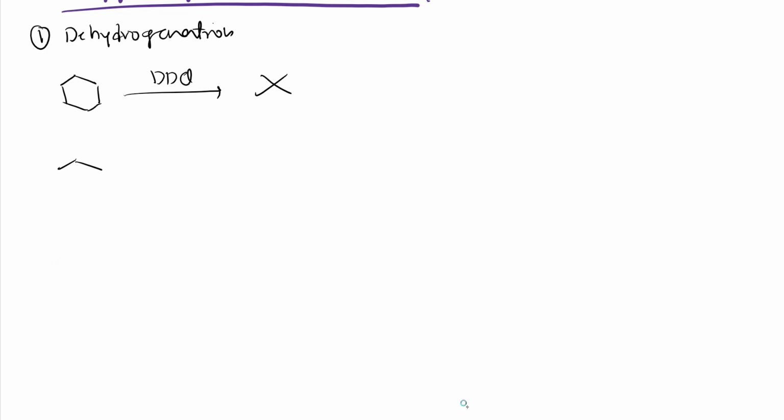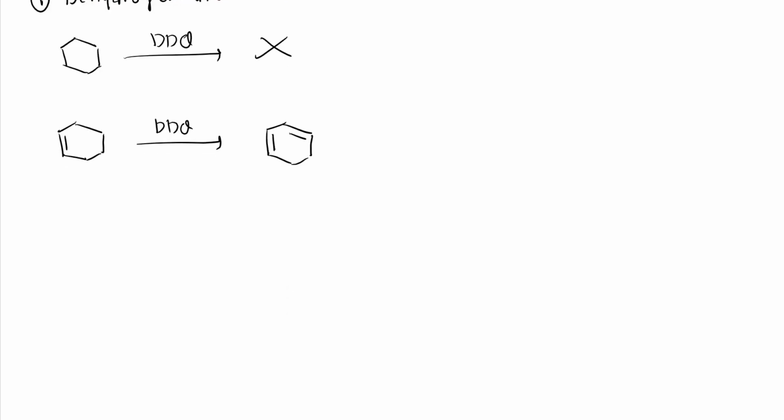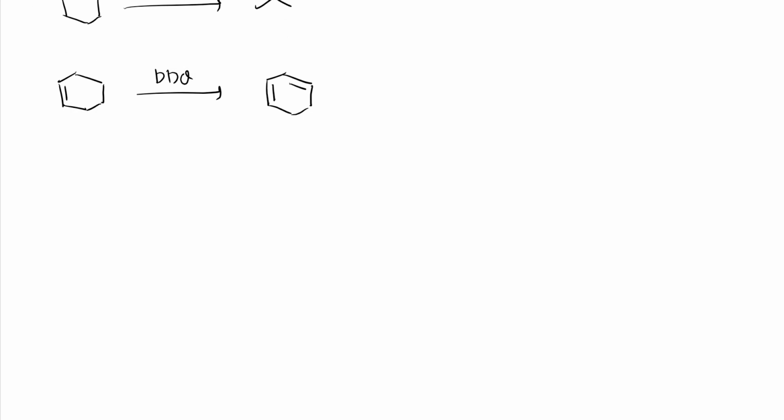But if I have a compound like this, and to this I add DDQ, then the reaction happens and I will get this product. See here, right? And the mechanism we also discussed in the last class. So let us see it again. I will explain the mechanism so that in the upcoming problems I never have to repeat it. Here this is an allylic carbon. I have told you that only an allylic carbon or benzylic carbon should have this proton.